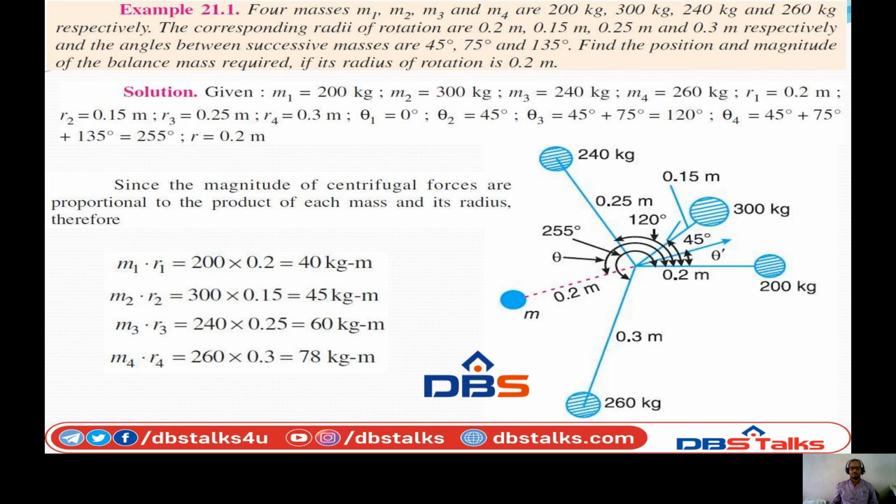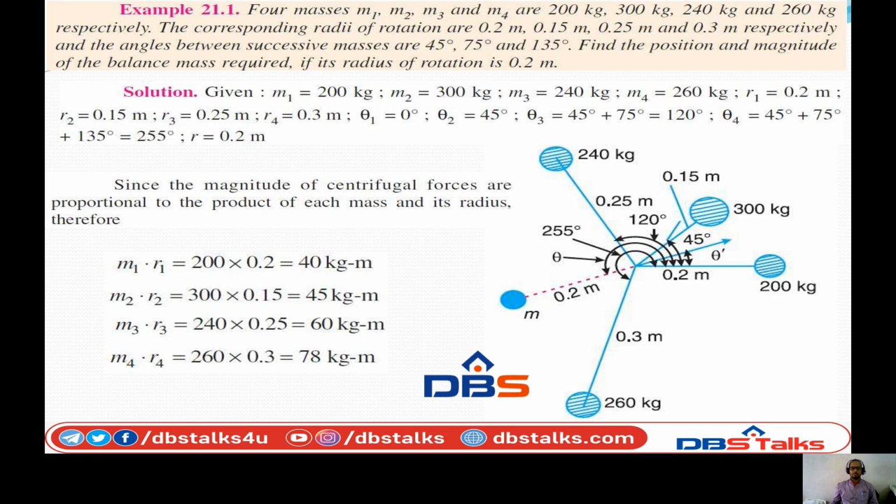Whatever may be the angle of reference, we can put it according to our reference or the successive masses also. Then the 75 degrees is placed, with a length of 0.25 meters as 2.5 centimeters, and